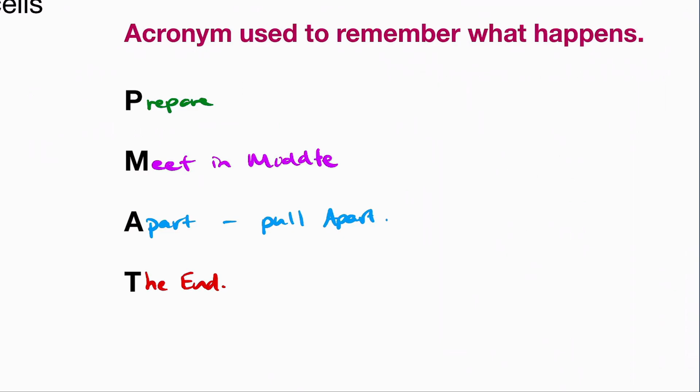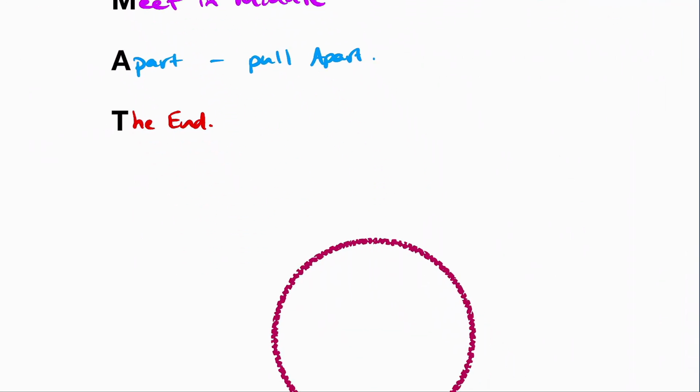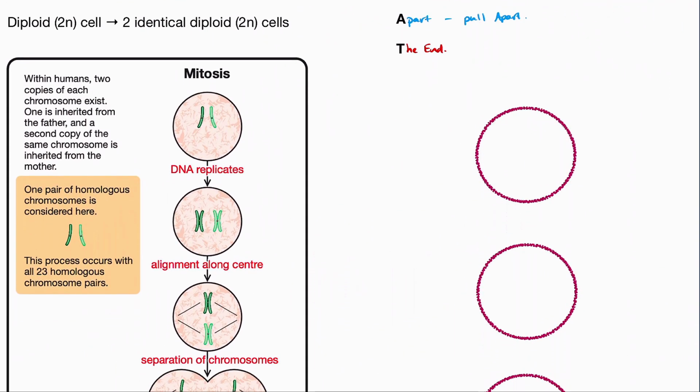Now you're lucky because you don't actually need to know prophase, metaphase, anaphase, and telophase, but if you're taking Bio 30, that could help. Prophase, metaphase, anaphase, telophase, PMAT. I think of a dog peeing on a mat. I don't know why. And I'm getting a puppy tomorrow, so kind of relevant to me.